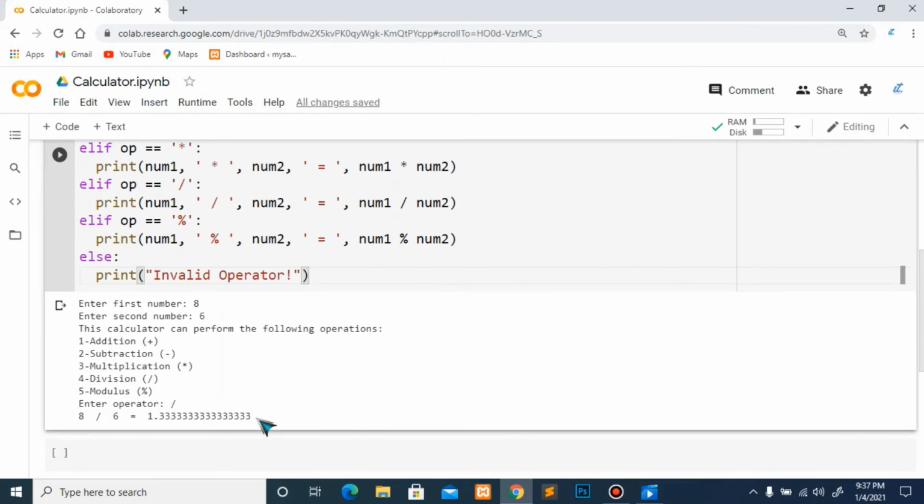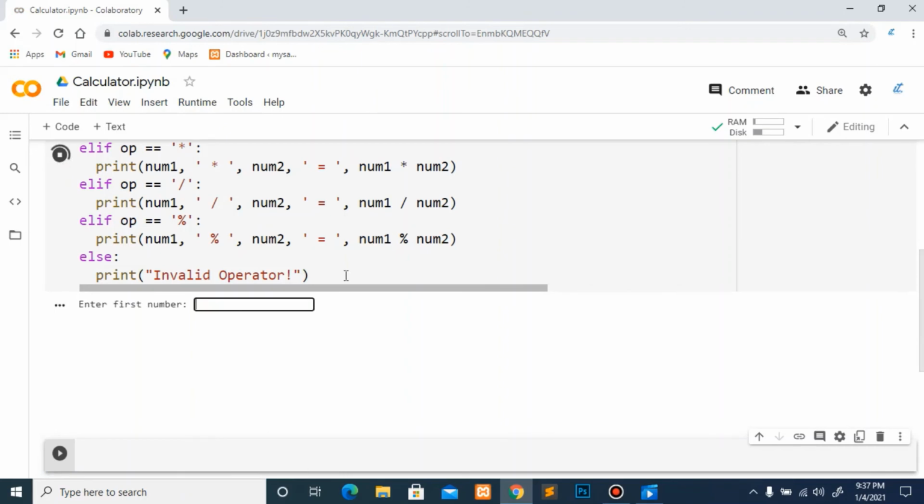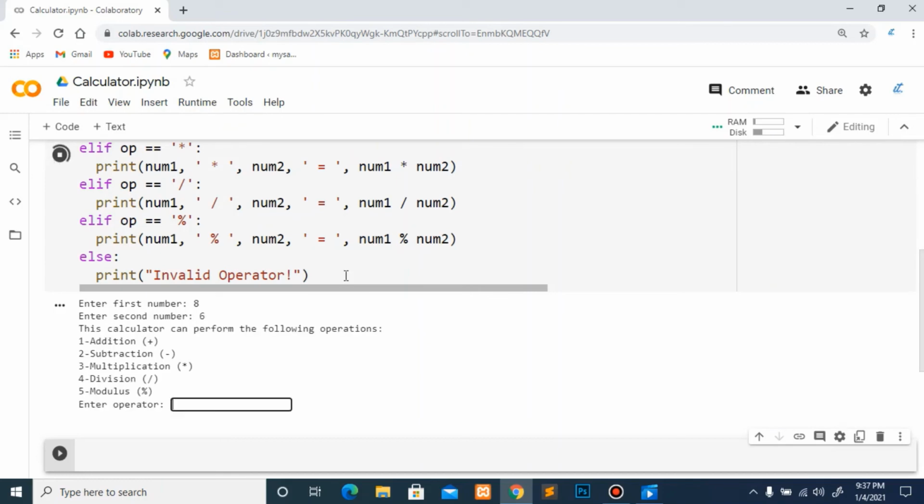Similarly, let me execute it again. So if the first number is 8, the second number is 6, and the operator is plus, it will give me the addition of these two numbers. 8 plus 6 is equal to 14.